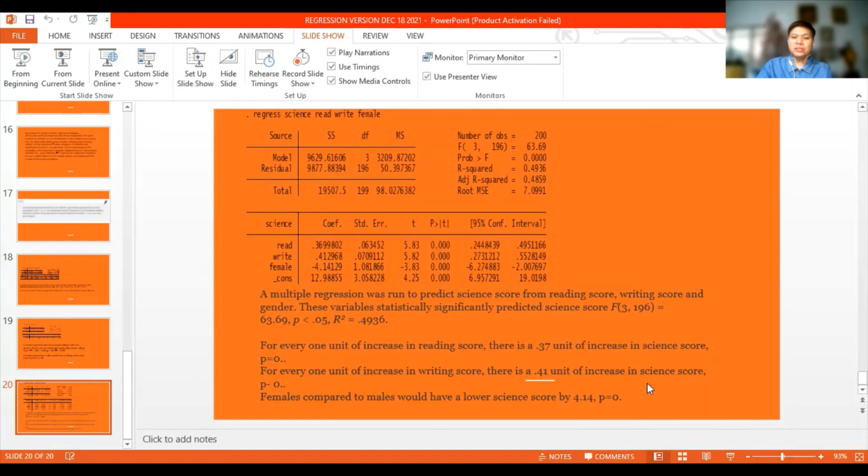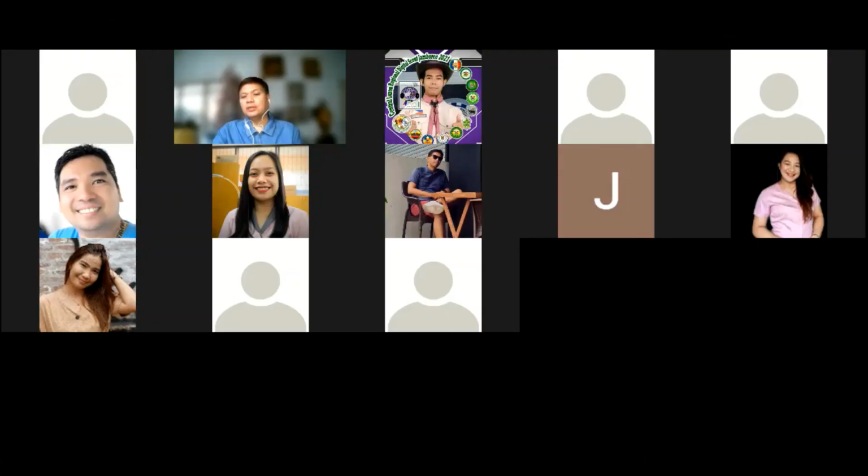P is equals to 0. And then lastly, to interpret the categorical binary variable, females compared to males would have a lower college math score by 4.14. P is equals to 0. Hindi siya masyadong ano kasi hindi nakikita. Okay, so